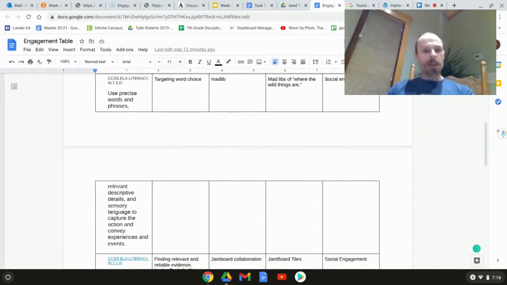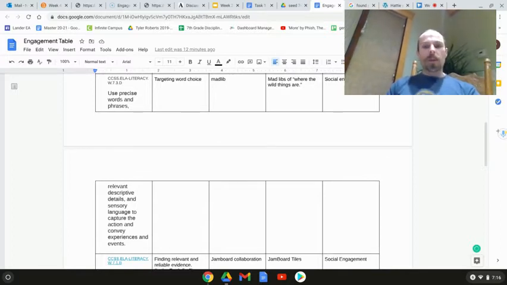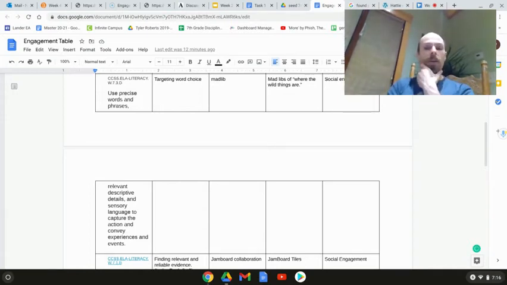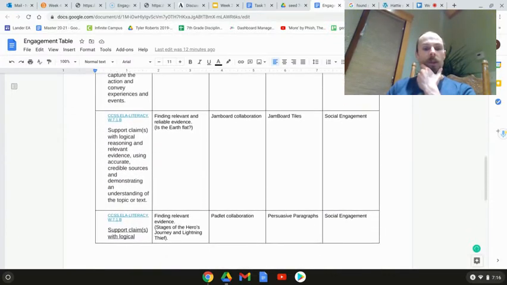Another one that I've done is Mad Libs, which I think are really fun. So by deleting some of the key terms or words from Where the Wild Things Are by Maurice Sendak, and then having students choose which words to fill in, they could really focus on the power of word choice and debate with one another what was different when different words were chosen for a specific space. And so that was also highly socially engaging.